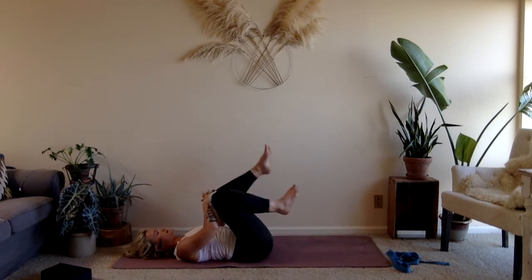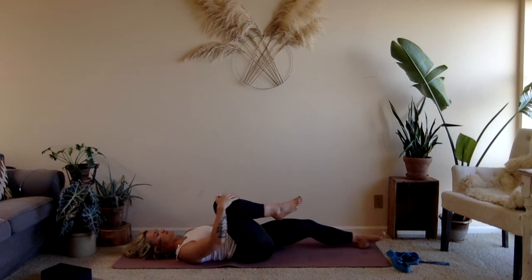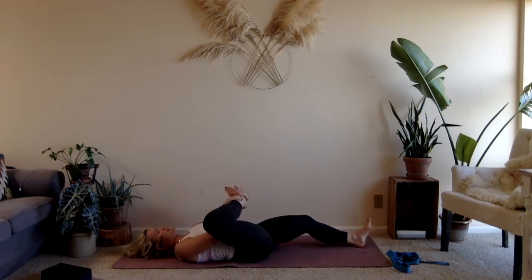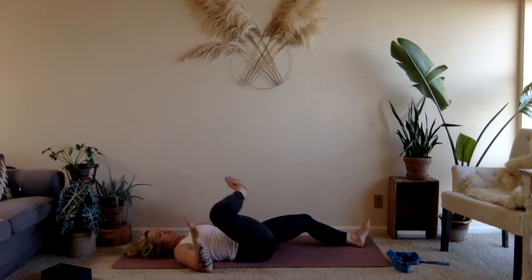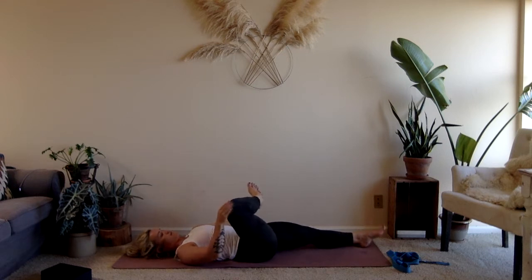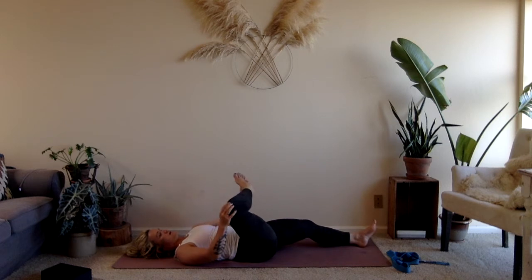Switch back over to the right leg, and this time you can maintain that same movement with the hip circles, or if you want to do something a little bit different, try taking an external rotation with the right hip here. And so what this looks like is if you have the knee in the right hand and the foot in the left hand, and so if you're looking down the midline of the body, you are looking at your